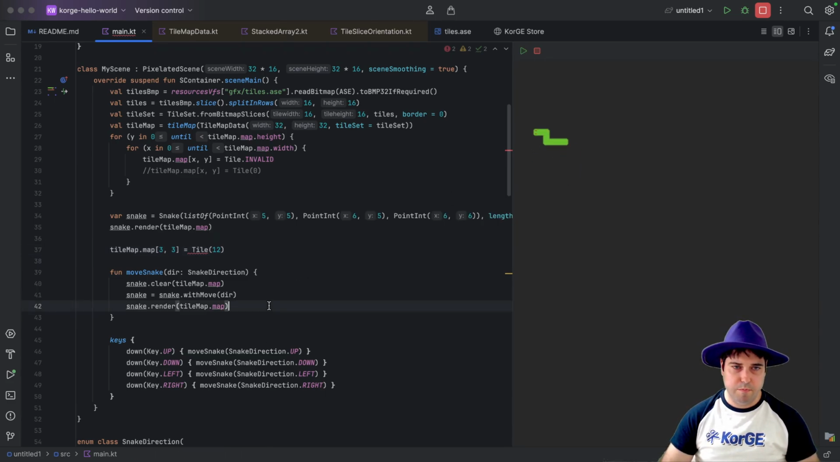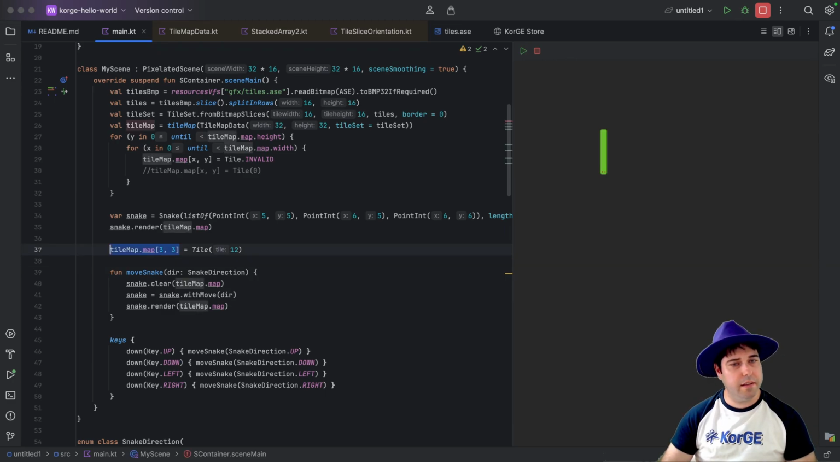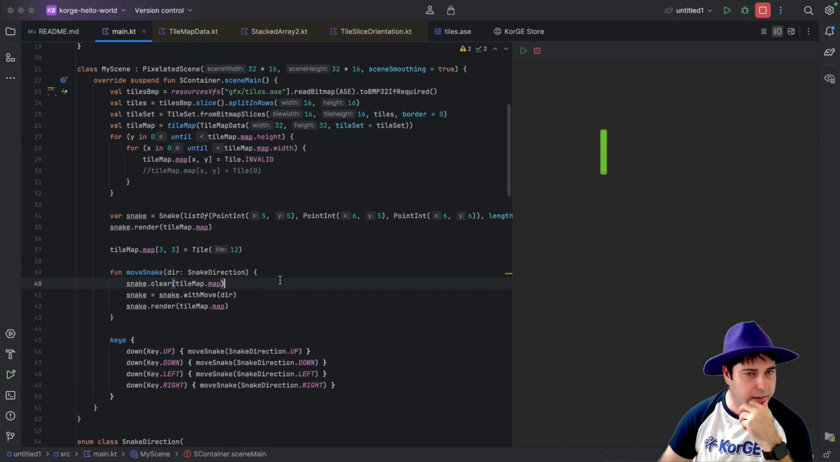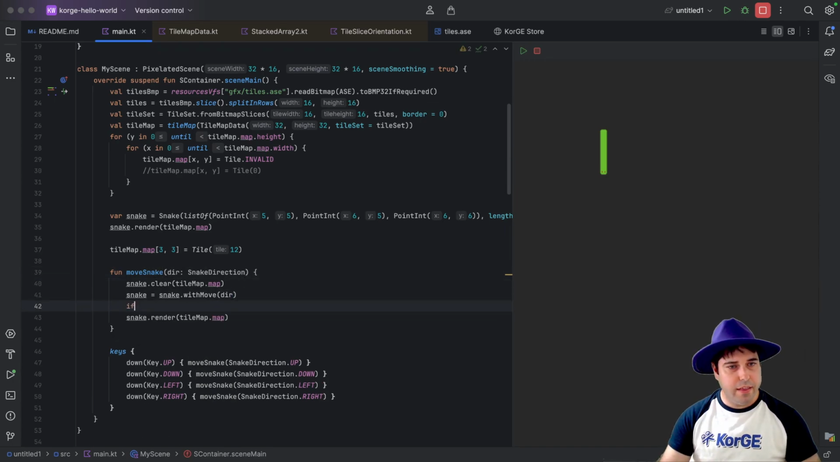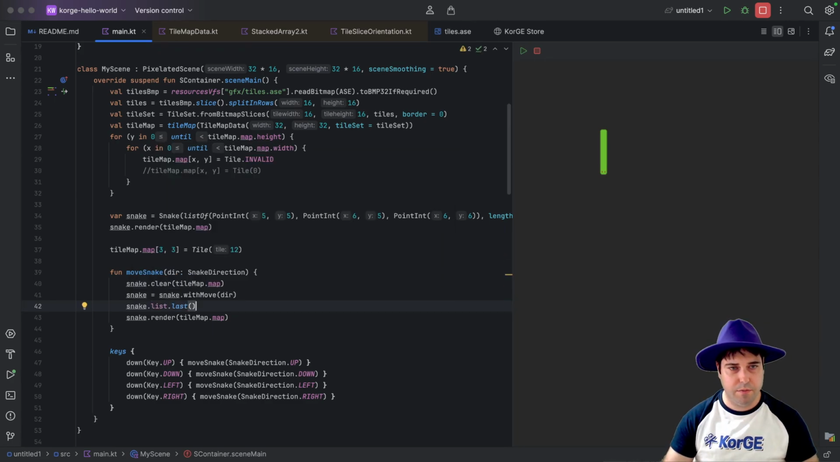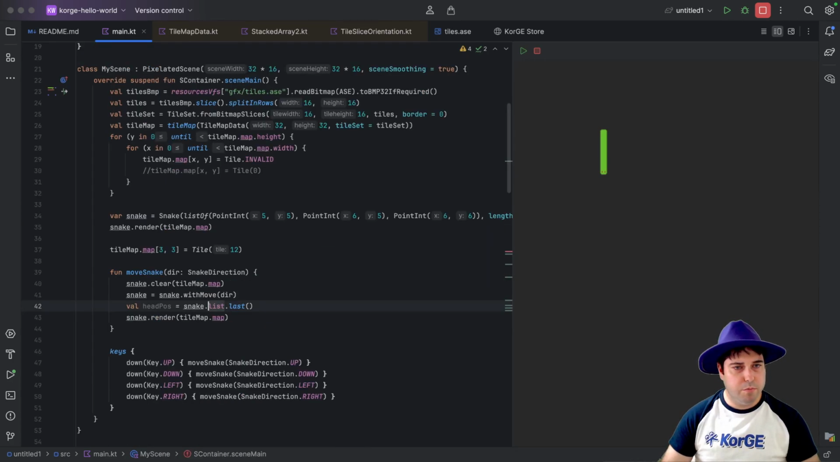And now, because of the clear, it's removing the tile, it's also removing the apple. And now we can check. Now, when we move the snake, we can check if the snake's last point, if the tile map in the head position, let's create the head method here. The head position,